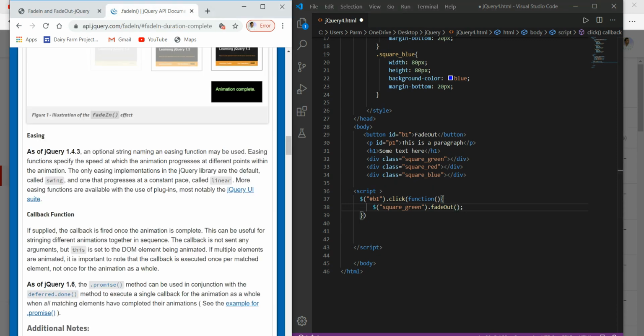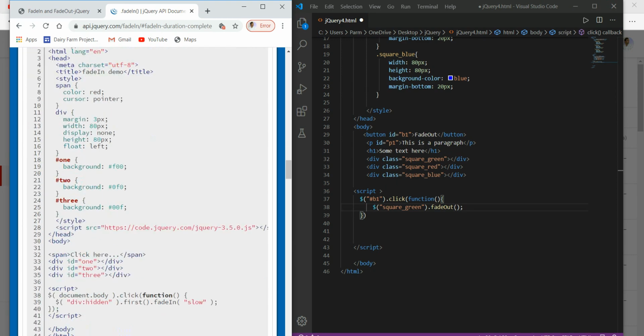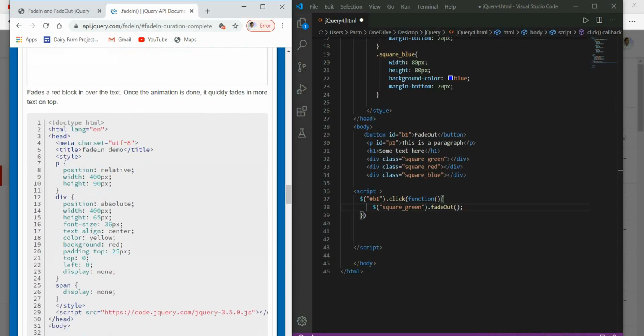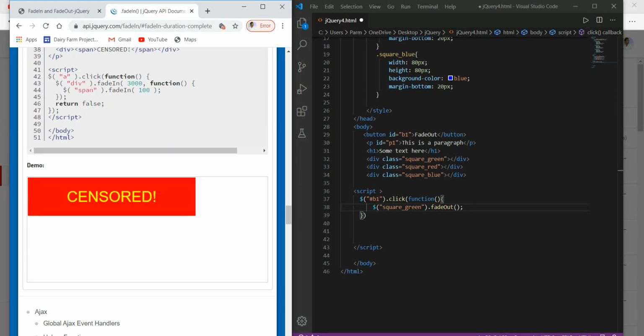Here in the Google API we can check how to use the fadeIn and fadeOut functions, so you can get the details. To fadeOut we can specify a value. This is the default. Sometimes we can give its speed also with this.